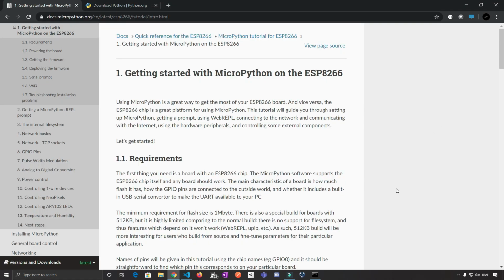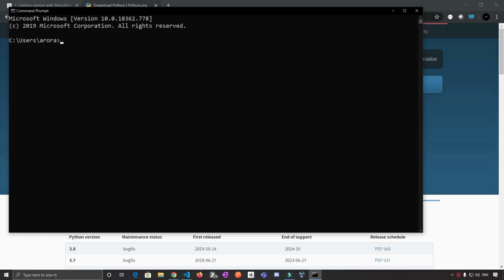And in any case, even if Python is not installed earlier on your machine, please make sure to set the path. That way you'll be able to run Python from any location within your computer. Another quick thing is, in case you are not able to find the Python path on your machine, here is a quick tip. Just type where space python, and here you will get the complete path to Python.